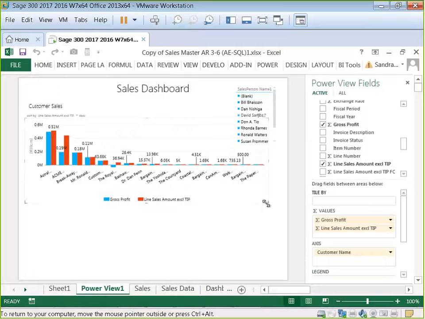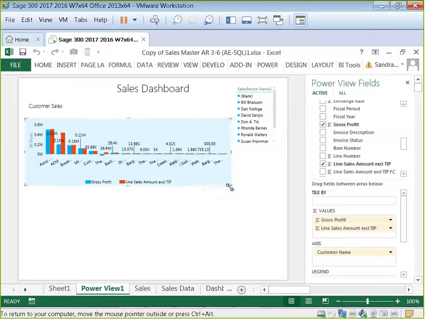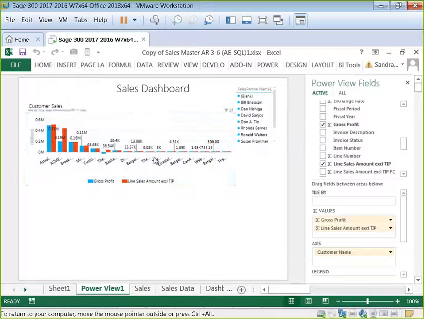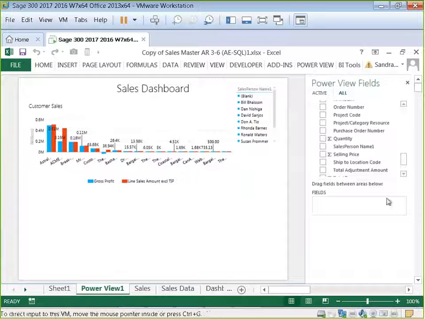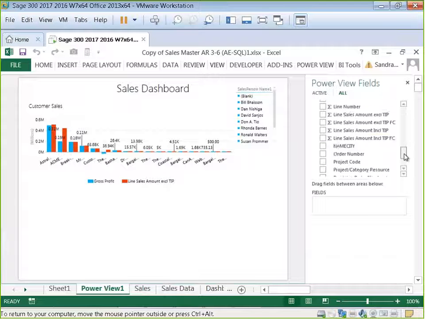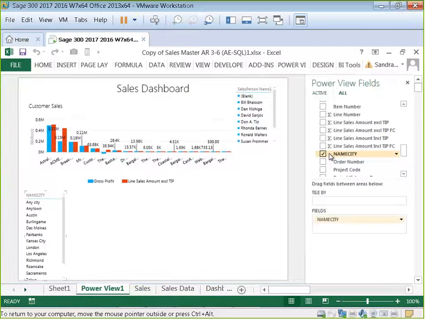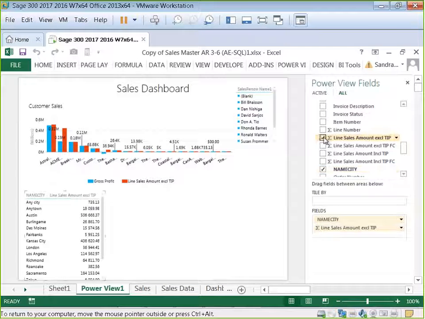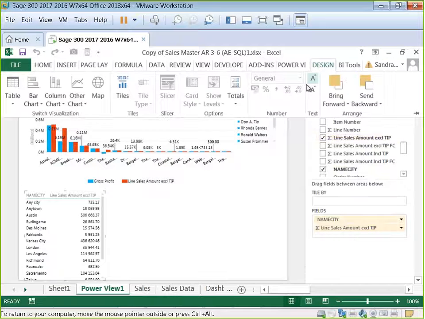There we go. I'm going to make this a little smaller again because I'm going to add one more. And the one I'm going to add includes that new field I added to that report, name city, and my line sales. There we go. So I have my line sales by city. And what I'm going to do is I'm going to come up here to design, and